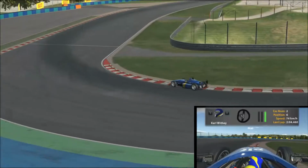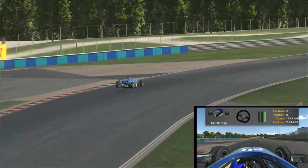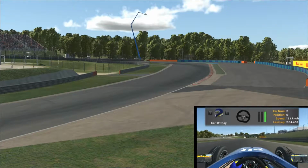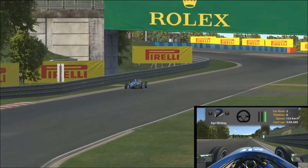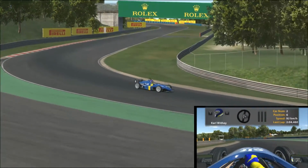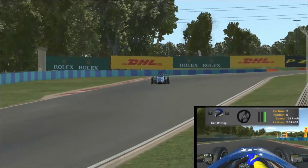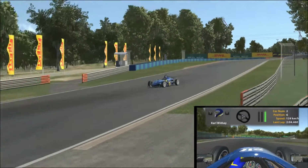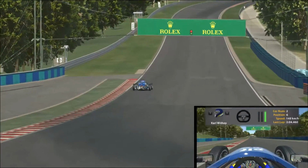I've sort of gotten used to how the car's acting now, with that little bit less rear downforce. It's a little bit squiggly, especially as you're going through the right-handers. The car gets really, really loose, so it just does not want to turn, and you can sort of feel that damage to the car. First of all, I thought my front wing had got damaged,